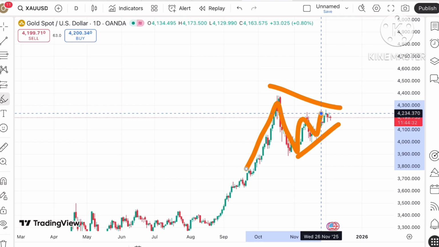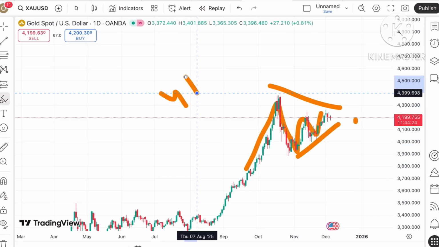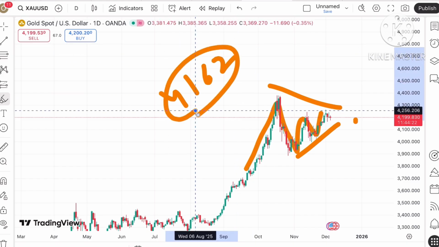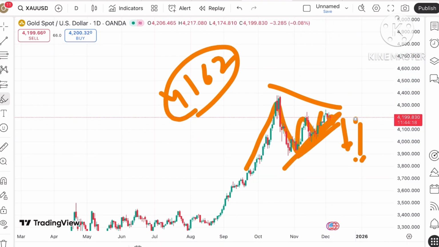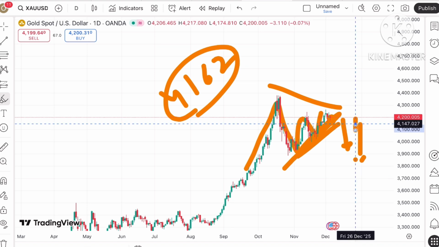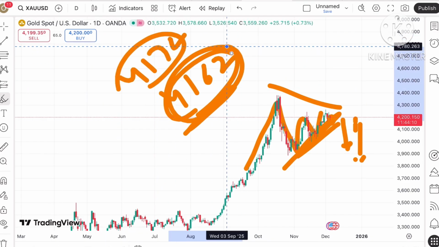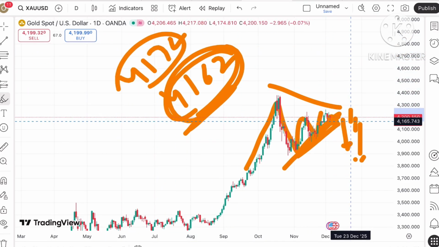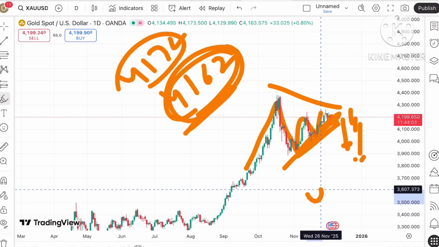So the daily chart shows a gold well with broader bullish. As you can see, there is a current support cluster. You have to understand that if the price starts going below 41.62, then this pattern will break towards the downside and chances of falling can be there. As soon as the price starts going below a level of 41.72, there is a chance of touching 41.62 and this pattern can break towards the downside. So it can move towards